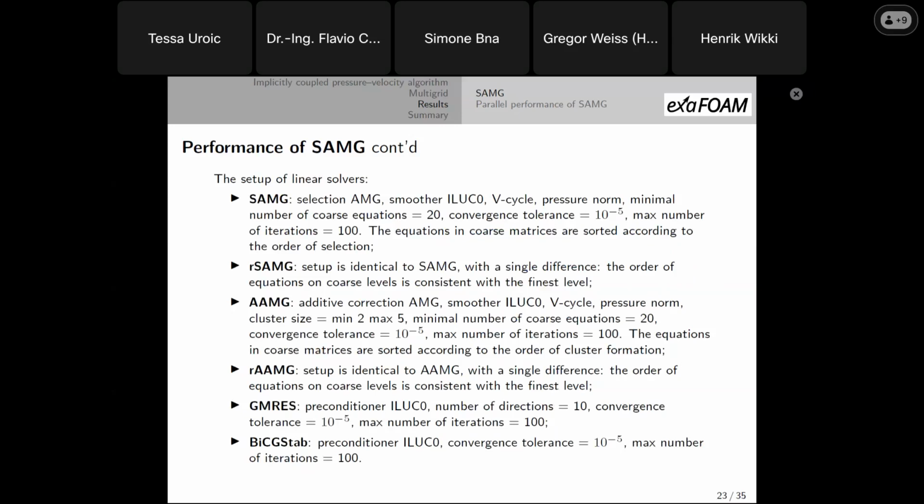And these are the linear solvers that we have been testing. So SAMG, this is selection AMG. Different settings are listed here. The choice of these settings is not trivial. So this is why we have been doing comparisons to see whether any of these settings have an effect on convergence. Also, there are issues like